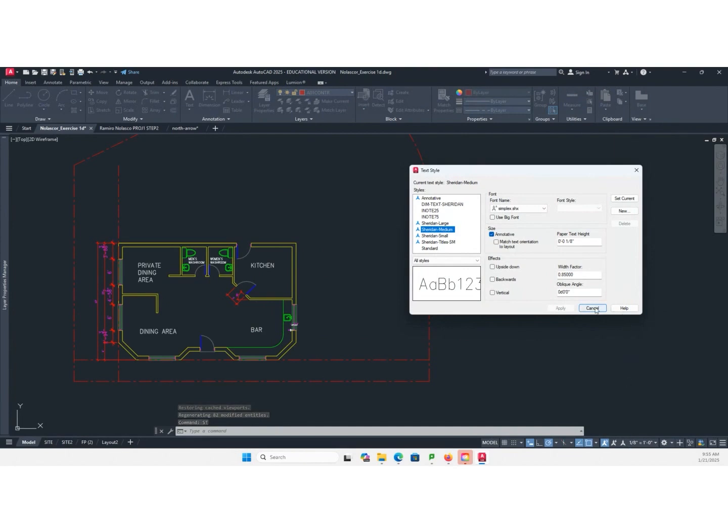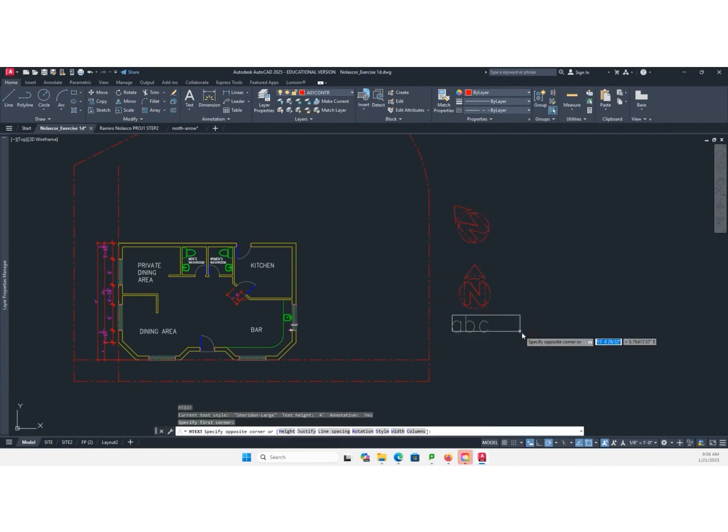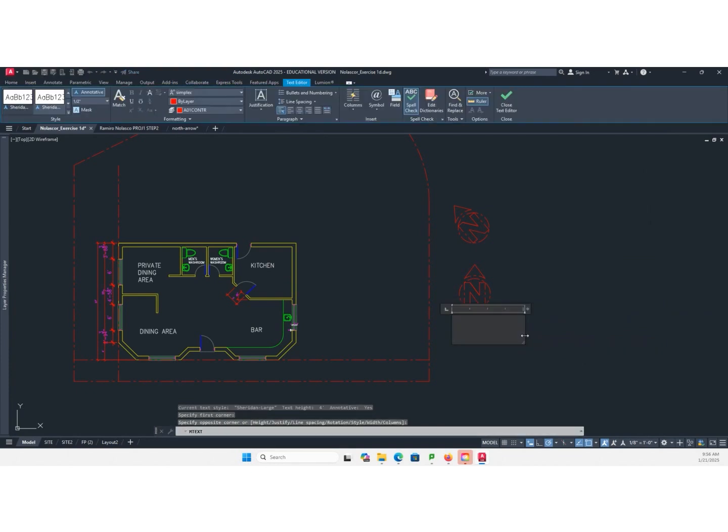Okay, so change this to maybe large. Set current, close. Okay, so 1/8:1. Change this to 1/8:1. And then type your notation here. This will be your all caps, Project North.